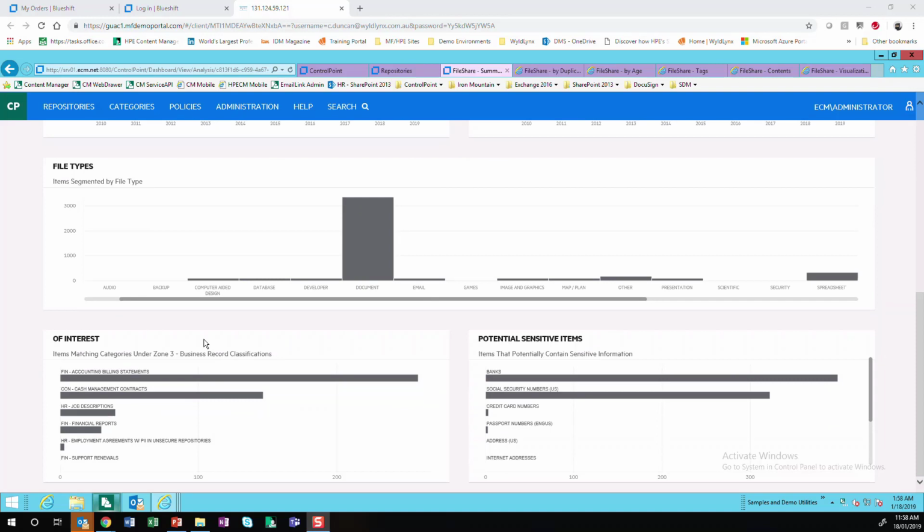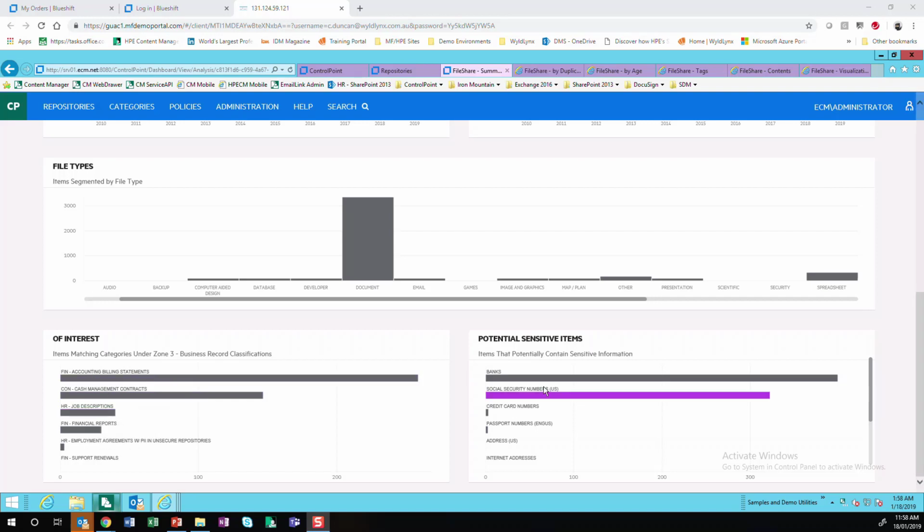Moving down to the last 2 things on the summary page, there's an Of Interest and a Potentially Sensitive items. So Of Interest is effectively categories, and we'll go through this again in another information session on Controlpoint coming up. But effectively you can give Controlpoint the ability to go and find the high risk, high value documents in your organization. There are a couple of different ways you can do that. When scanning, you can just go, well, I've found finance documents, I've found HR job descriptions, I've found financial reports. Based on some categories you create, and again, this will mean more when we get to that point, you've got the ability to flag that this repository or group of repositories are effectively finding these types of interest